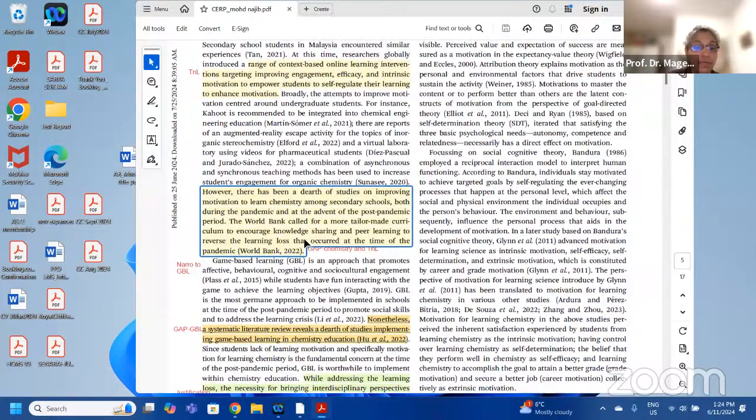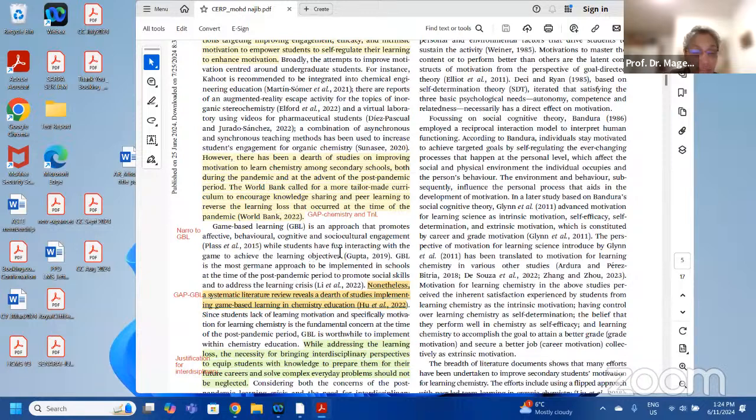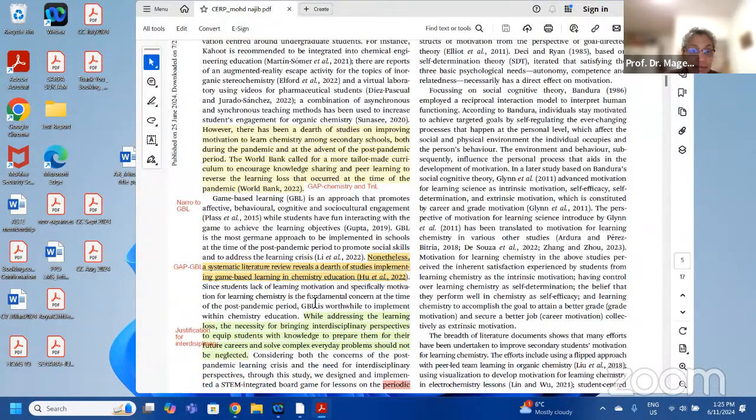Now I have already brought the game in. Game is always associated with many things: cognitive, behavioral, affective, motivation, and so on. However, in chemistry, people using games is also very few. Second gap. First gap, not many approaches in chemistry that people have used to improve motivation. Second gap is that not many people have used games. So I've talked about game. The third thing is,